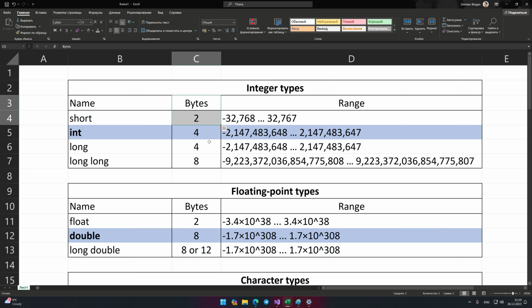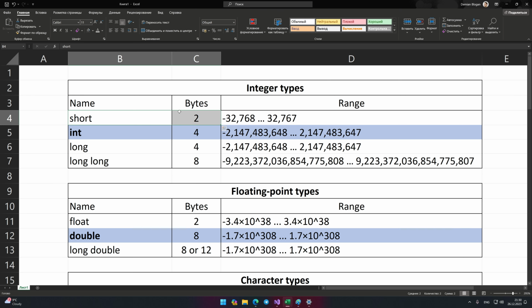If you select the long long type for all 3 values, then your program will request 24 bytes from the system, and this number may be critical. The system may not give it. Therefore, in such situations, you need to save memory and choose, for example, type short. 3 short values occupy only 6 bytes.